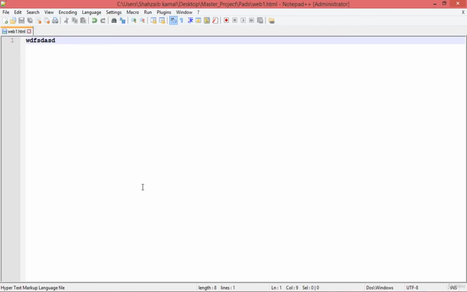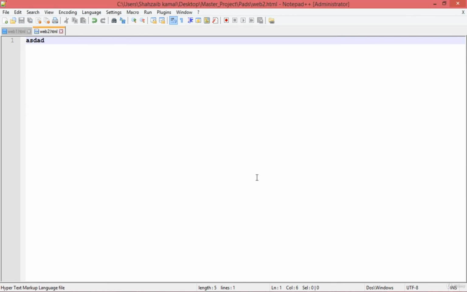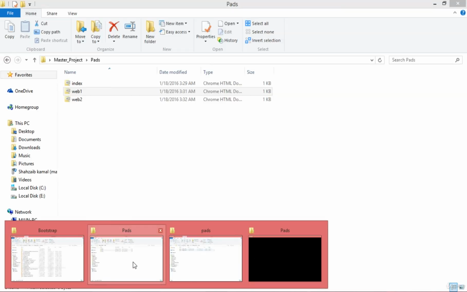Something more I should do: I'm creating another file and saving. This time I'm not changing the file type, I'm directly typing web2. If I just type .html, without changing the file type, leaving it as it is and simply typing the necessary extension .html, and click on Save, now this file is .html. This is another best thing of Notepad++. Now in web2, you can see whatever we just typed when we open the file.